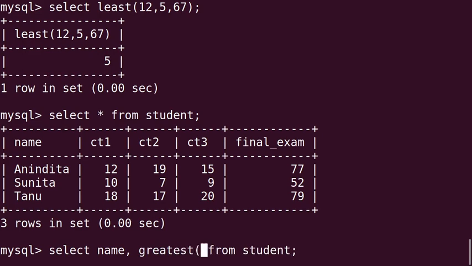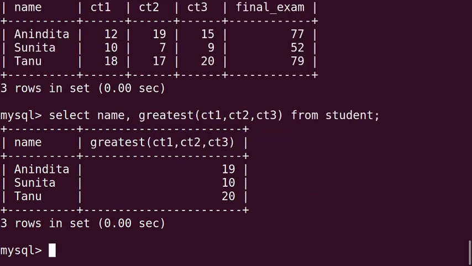Within bracket, this is the non-aggregate function, CT1, CT2, comma, CT3. Among these class tests, which is the maximum marks she got. If I want to see, press enter.